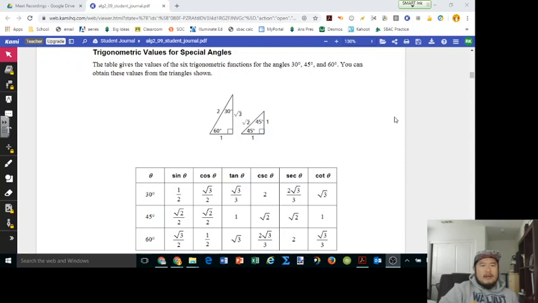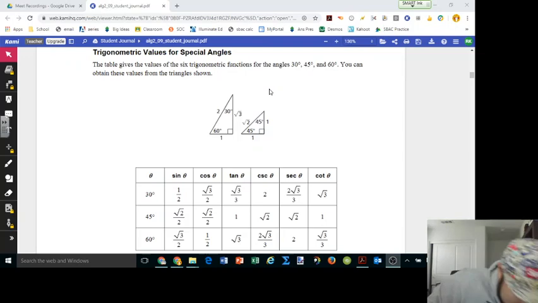As we take a look right here, we're dealing with the trig values of special angles. Now, there's 2 triangles in geometry that we've covered, 45, 45, 90, and 30, 60, 90. These are your special right triangles. Now they have all these different sides, and they already have lengths that go with them. And the ratios of the sides will always be the same as what you see right here in a 30, 60, 90 and a 45, 45, 90 right triangle. So how did they come up with this? Well,